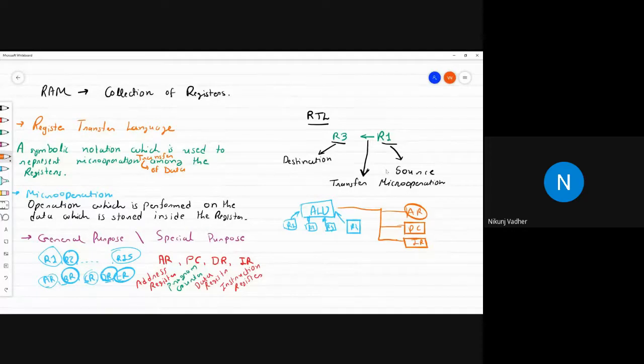So whatever arithmetic, logic, or shift operation you want to perform, you can perform in the general purpose registers, because they are directly connected with the ALU. The naming convention of general purpose registers is like R1, R2, up to R15, or AR, BR, CR, DR, ER. Clear, Sangram?